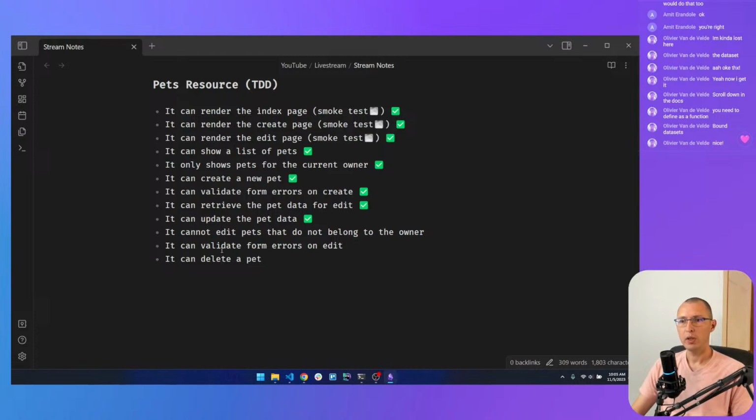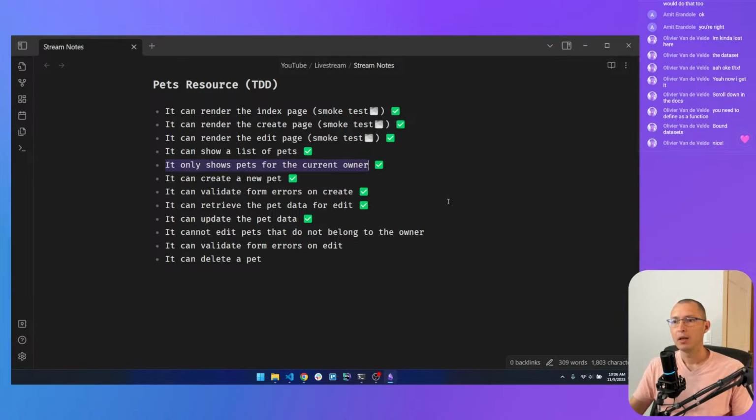Now we need to make sure that we cannot edit pets that do not belong to the user. So we previously tested that we cannot see pets in the list of pets that do not belong to the current user. And that's here, right? We cannot click on that table row, because a pet that doesn't have an owner or belongs to a different owner is not going to show up in the list of pets.